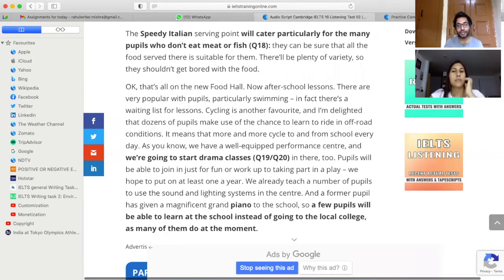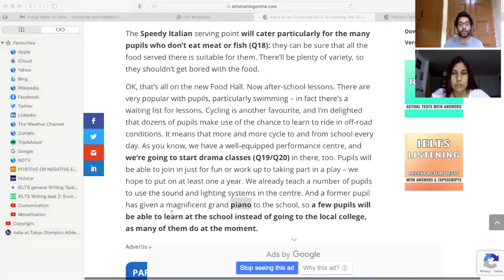Sound and lighting systems for theater are different, and normal sound and lighting systems are different. So the complete answer has to be there, not half. The only remaining one is the piano extra lesson. Then it's piano, no? Then there's nothing apart from that. Yes. Right. Theater sound and lighting,